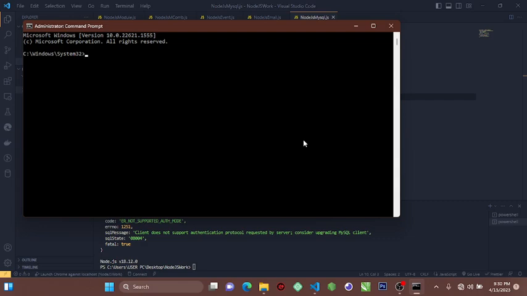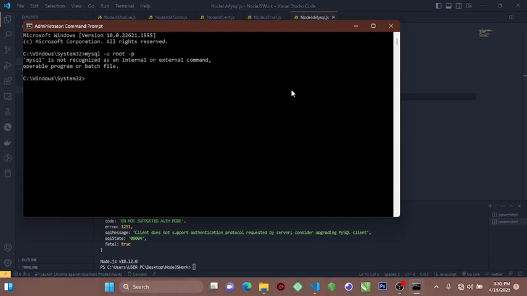Then you type in this command, mysql -u root -p. Okay, once it's running